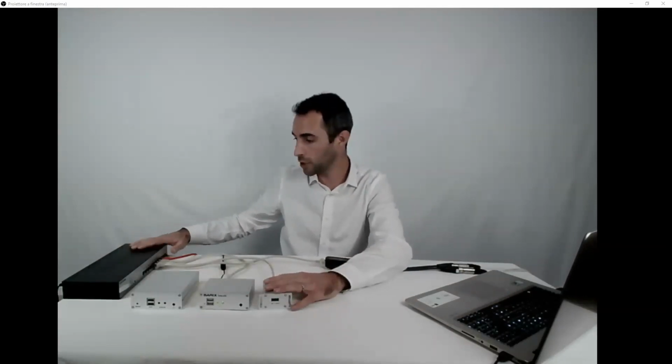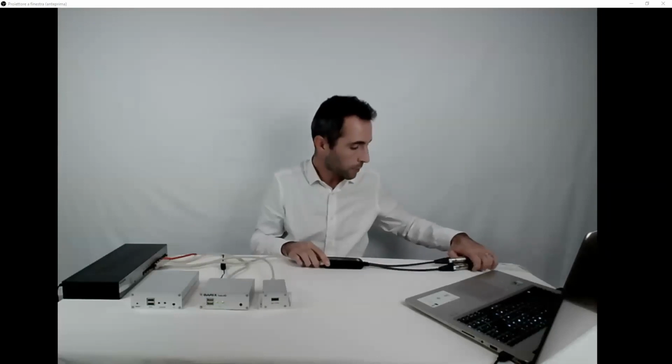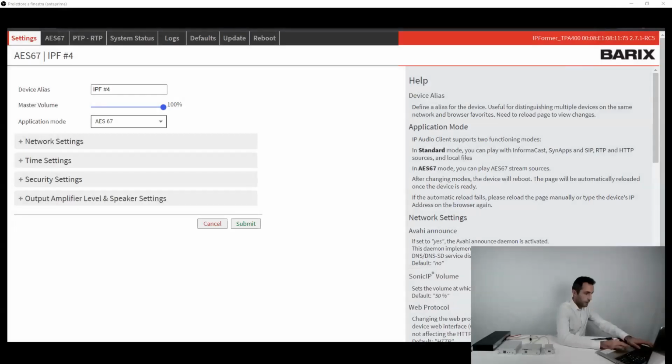Let me show you first of all the connections I have here. The devices are connected to the D-Link switch. This is my switch, it's a PoE one. And I have the Dante connected to the same switch. Dante AVIO provides me with two inputs, so I have these two, left and right, connected to an analog source of audio. If I go into the web user interface,